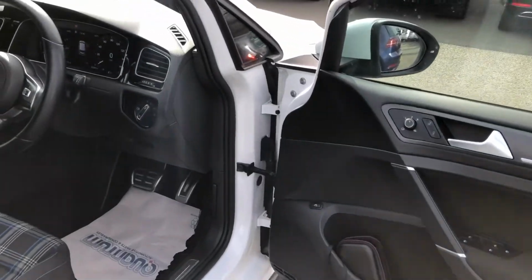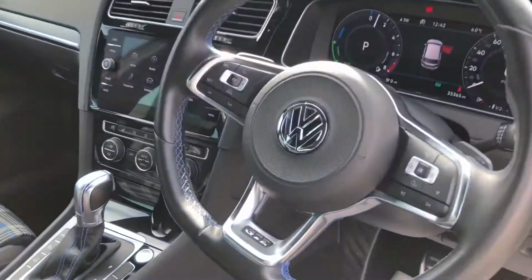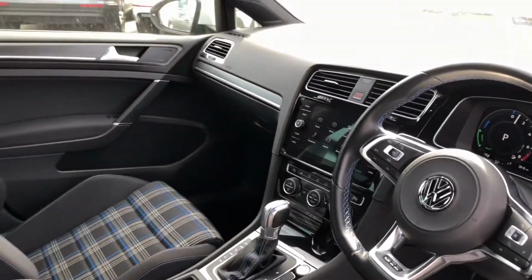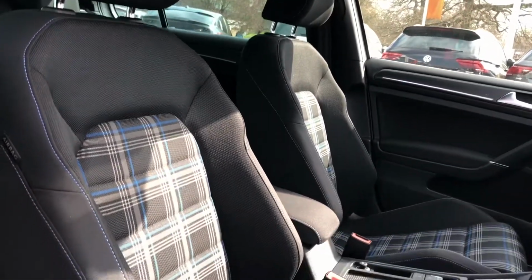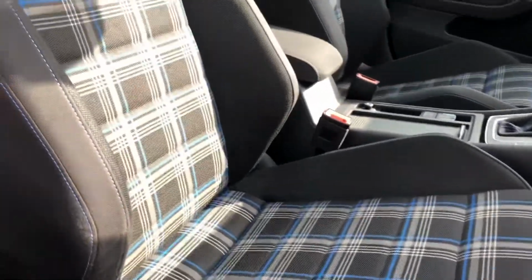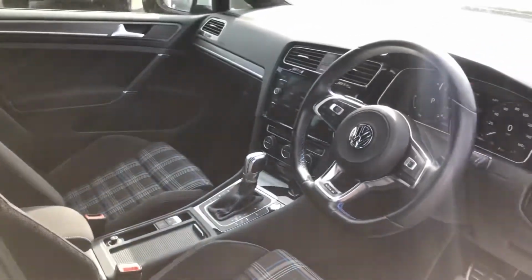Moving to the front of the cabin, we're straight away greeted by this upgraded sports steering wheel with unique GTE badging and again blue stitching accents. There's a great 8-inch infotainment screen, which I'll come onto in a moment, but the sport seats, again, they're much more sporty and pronounced, like from the Golf GTI, but they feature blue accents all around. And for additional comfort, there's even a manual lumbar support,